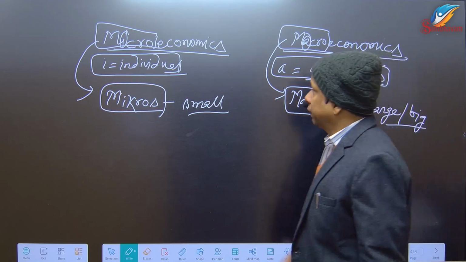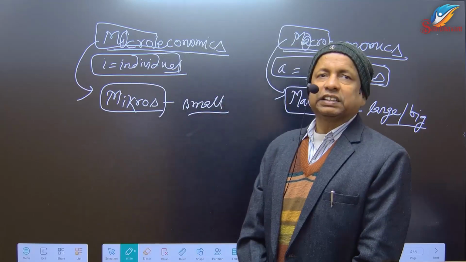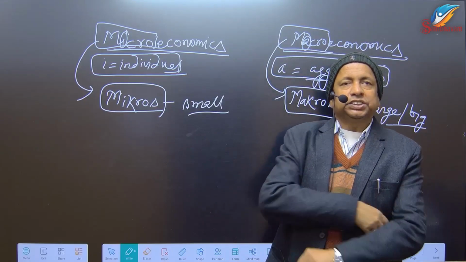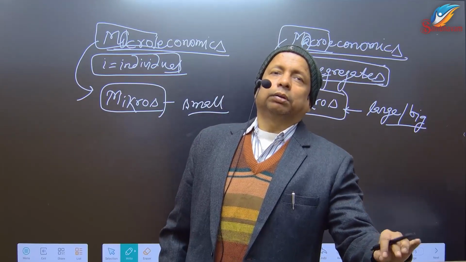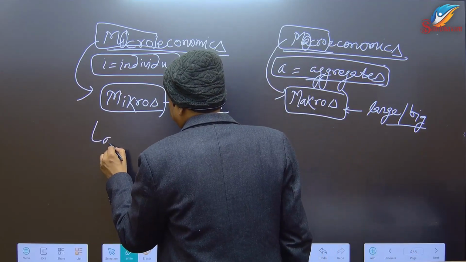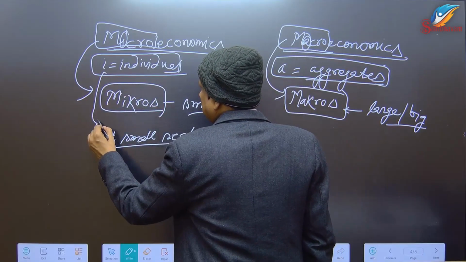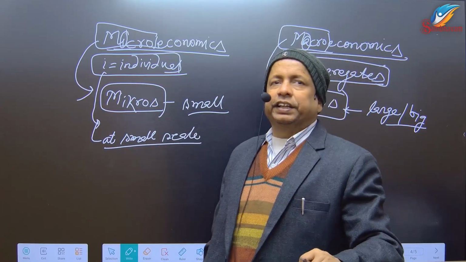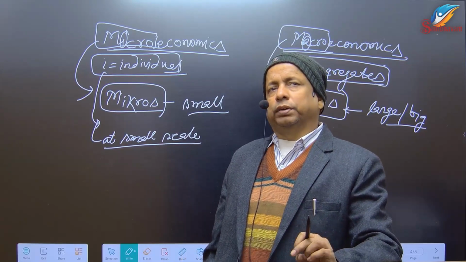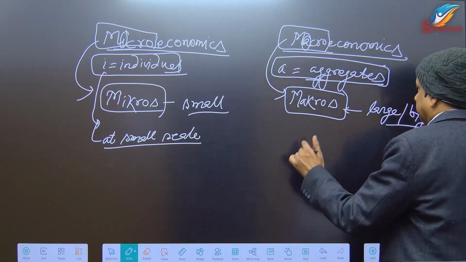So that branch of economics which deals with economic actions and behavior at a smaller scale is known as microeconomics. So this is individual. If there is any event or action at the individual level, that will naturally be smaller. And macroeconomics,